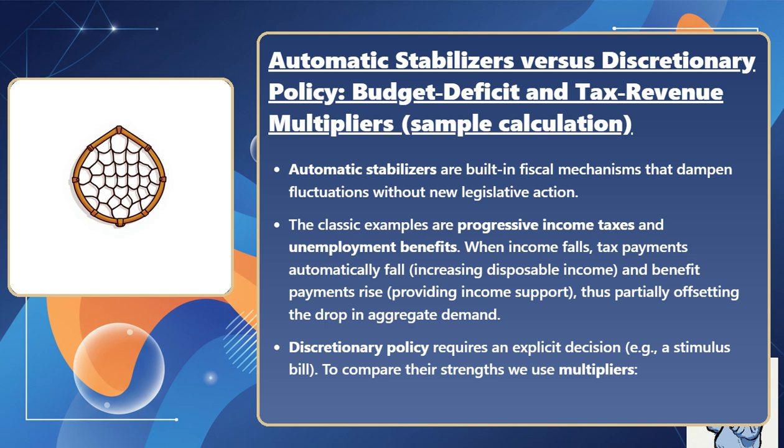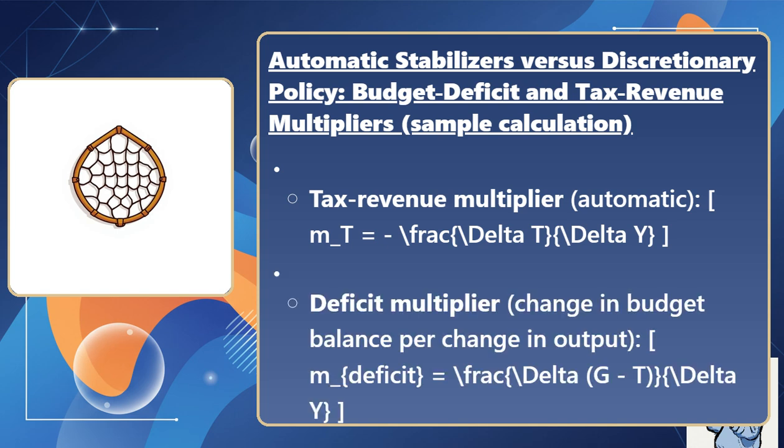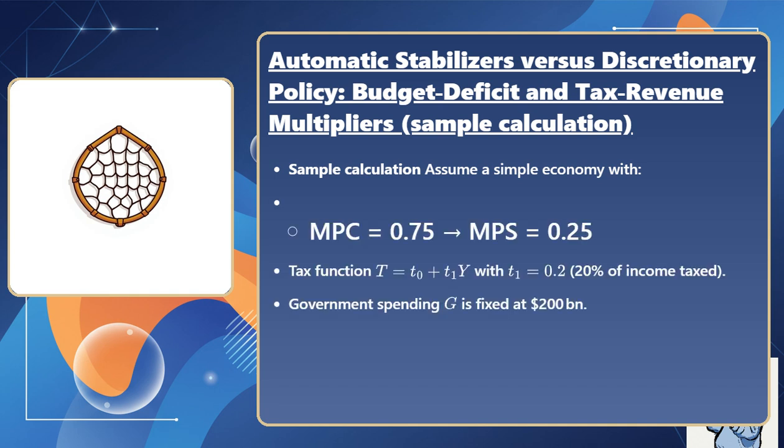To compare their strengths, we use multipliers. Tax revenue multiplier automatic equals negative delta T divided by delta Y. Deficit multiplier, change in budget balance per change in output, equals delta (G minus T) divided by delta Y. Sample calculation, assume a simple economy with marginal propensity to consume equals 0.75, which implies marginal propensity